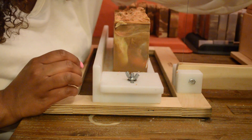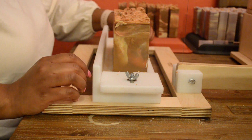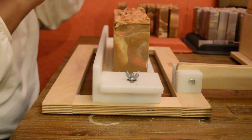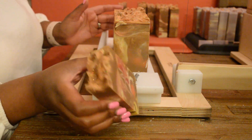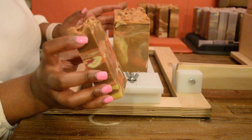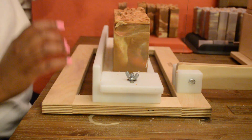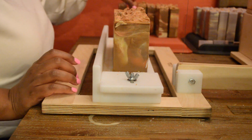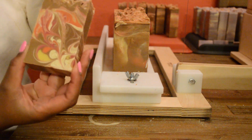So this did overheat and it did crack. Let me see if I can show you one that cracked. It did crack on the top, but I mean it's a pretty bad crack. So I don't know what I'm gonna do with these few that cracked. I might go ahead and keep it, but it also,